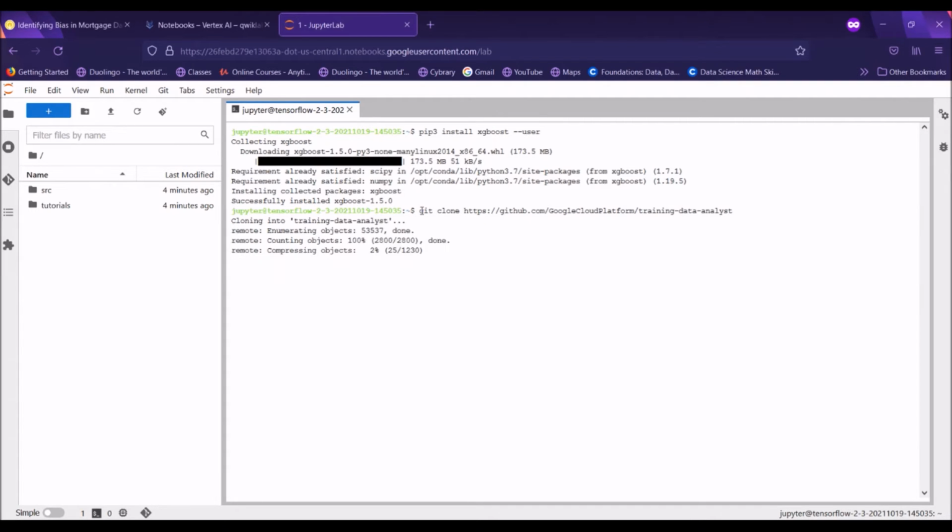Paste the command, and the cloning of training data analyst has begun. You can see towards the left hand side the files are getting downloaded. Again, this will take some time.